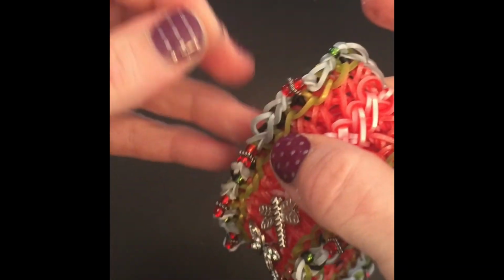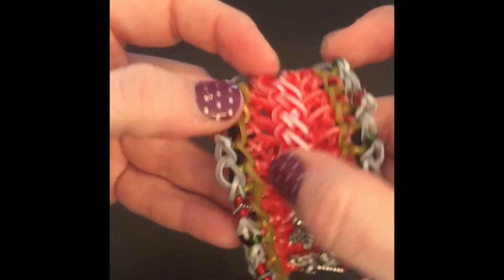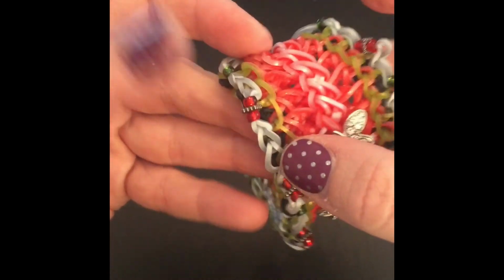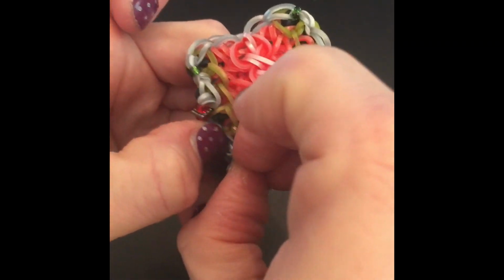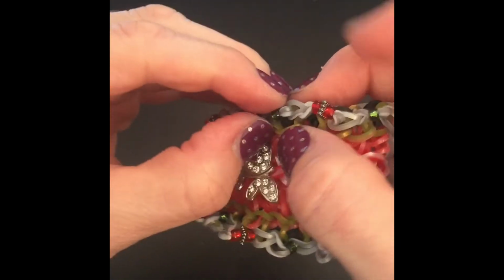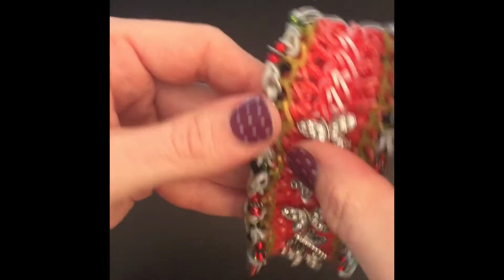Okay, so make sure all these bands are good. And this one, okay. There's a seed bead hiding down in there. I want to get it. Remember, it's every other band. There's either a big bead or a little bead, so you don't want to lose those. And then this one,